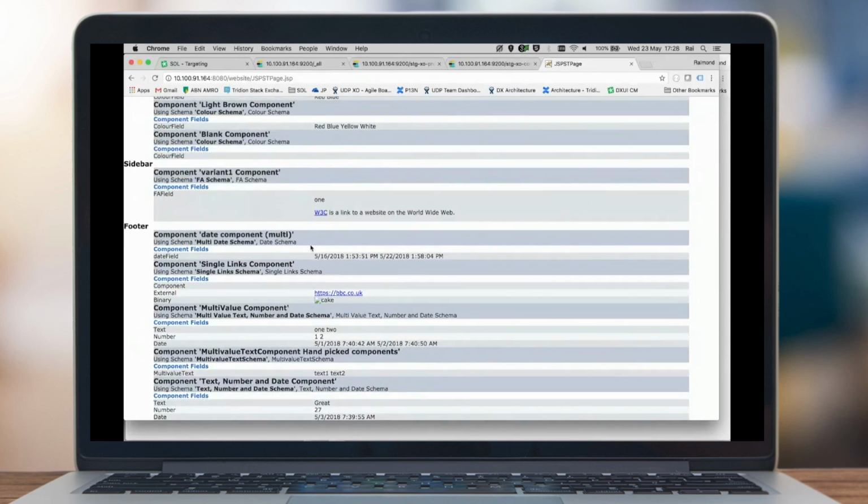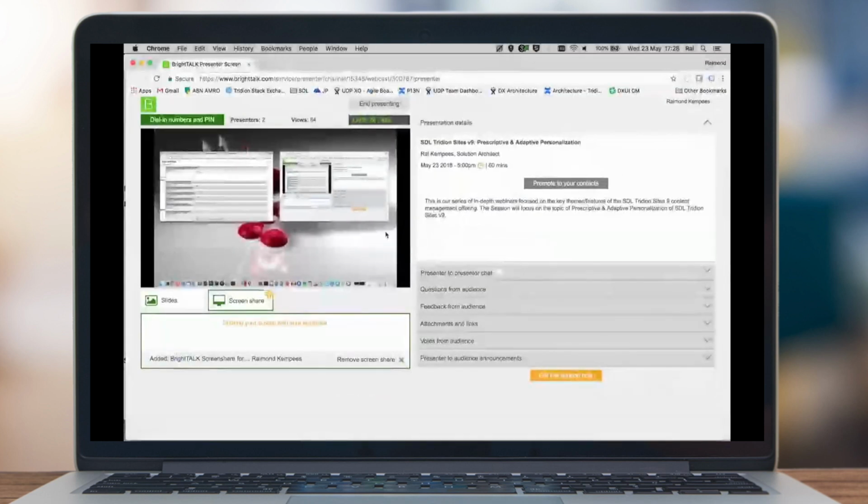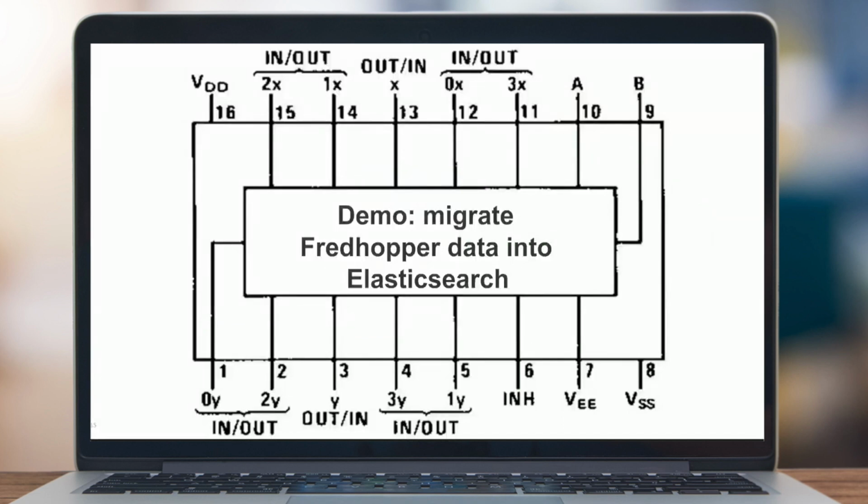So that basically means that, yeah, you can export everything that you've put into Fredhopper, which is relevant to SmartTarget, into Elasticsearch. And the nice thing about this is that for the Java APIs as well as the .NET APIs, you don't have to change a single line of code if you use the official APIs in order to get this out of Elasticsearch. So I think that's quite flexible. So going back to the presentation,